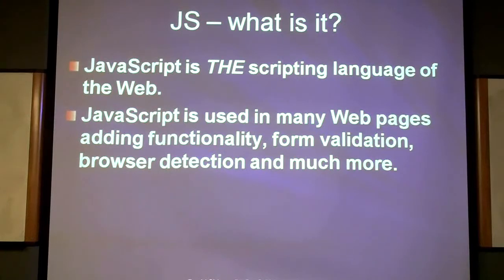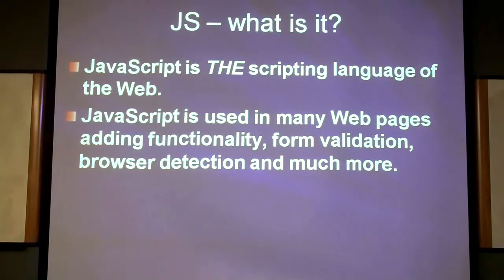So JavaScript is the scripting language of the web. It means that if you see any scripting language in a browser, in web pages, that most probably will be JavaScript. Technologies allow us to put other languages as well, but most probably that will be JavaScript. JavaScript is used in many web pages, and it basically allows us to add functionality, make pages interactive, and